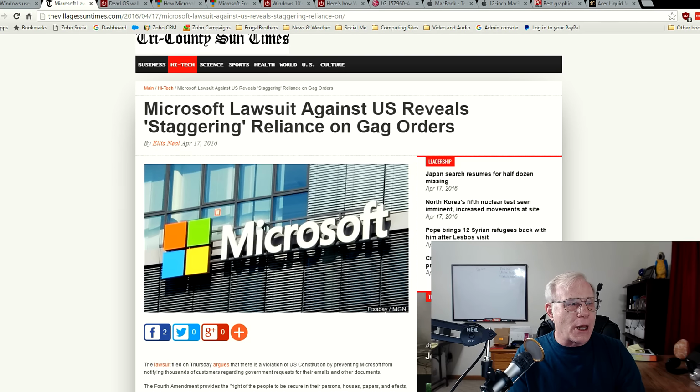And I say absolutely more power to Microsoft, more power to Apple, more power to those who stand up to this form of government tyranny, accessing and using your data without your knowledge, without your consent. It is an unreasonable search and seizure, which is protected by the Constitution. And the U.S. government either abides by the Constitution or it does not. And I say more power to Microsoft on this particular matter.